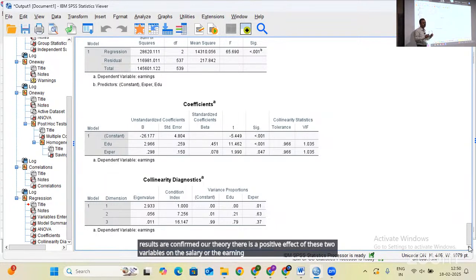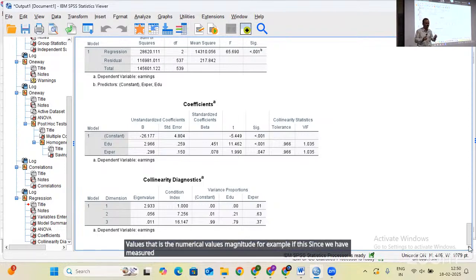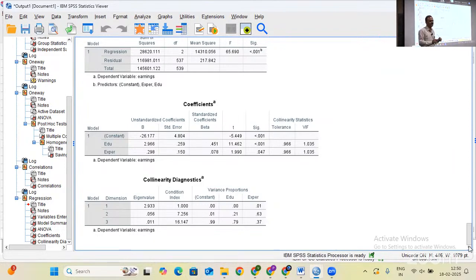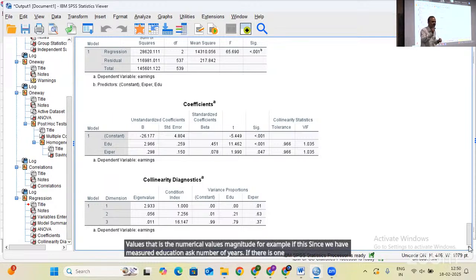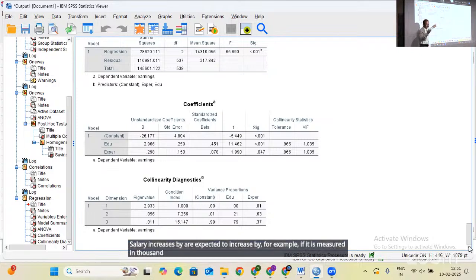The second one, we should have to come to the magnitude of the values, that is the numerical values magnitude. For example, since we have measured education as number of years, if there is a 1 year increase in the education level, if a person has an additional year of education, on the average, salary is expected to increase by, for example, if it is measured in 1,000, so I have to interpret it as for every additional increase in the level of education, the salary is expected to increase on the average by